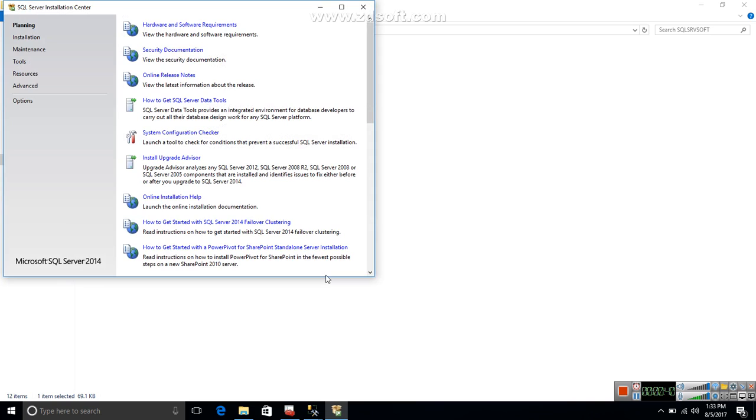This is the first screen. Planning doesn't have anything for us. It's just the planning. You can review this. This is just the requirements, security documentation online. Requirements is very important, as you know. But you need to know what exactly one server needs based on